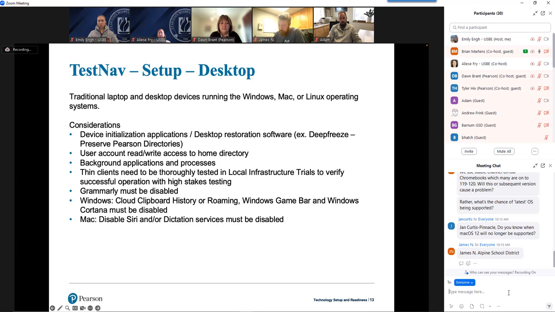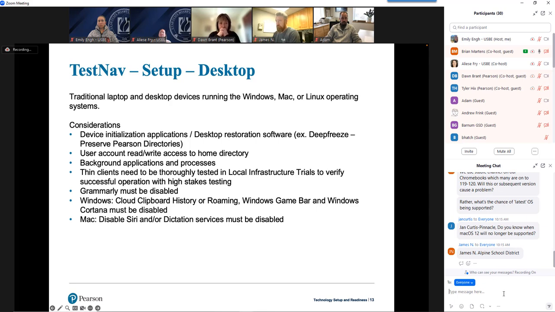One suggestion I have, if you're running Mac or Windows, I don't think anyone's testing on Linux, but Mac and Windows, let's say for the purpose of being realistic here, is you can create a generic account that's only used for testing, or a generic user. Normally when I sign in to do something on my machine, I'd sign in as Brian if I was a student. But on test day, I sign in as tester. And all these things are locked down appropriately. When I'm signed in as tester, I launch TestNav, I take my test. I don't have any disruptions because of any of these things I've listed out here. And then when I'm done taking my test, I log out as tester and I sign back in as Brian on my device, and I've got all the functionality that I would normally need to do my schoolwork.